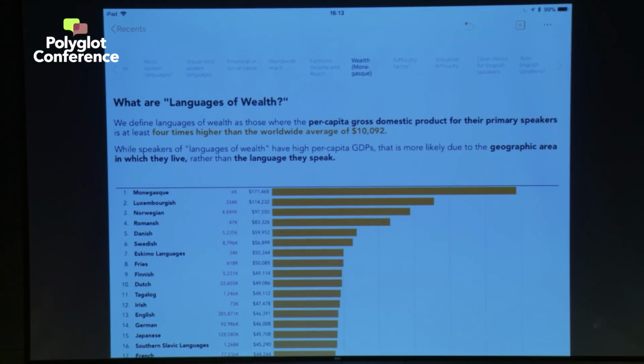So, asking the question of just basic wealth, the language you all should be learning is Monegasque, the language of Monaco. Yeah. So, how many Monegasque speakers here? Oh, we got one. Richest polyglot in the world. Excellent. They speak French, of course. You go to Monaco, you're going to speak French.